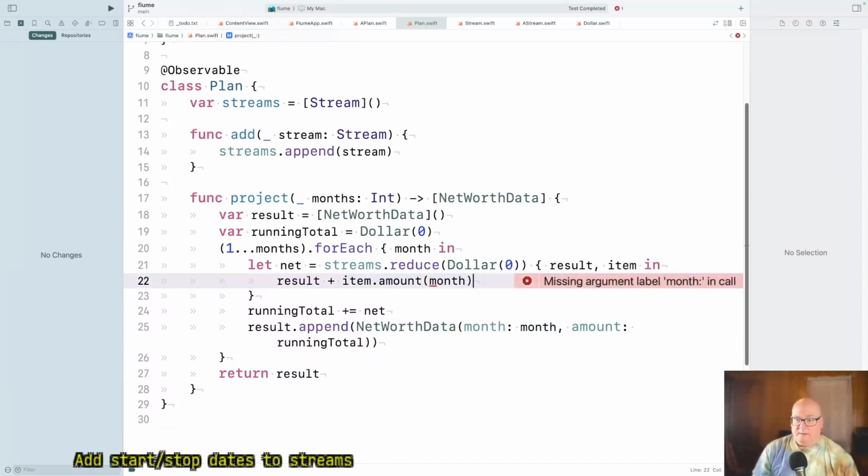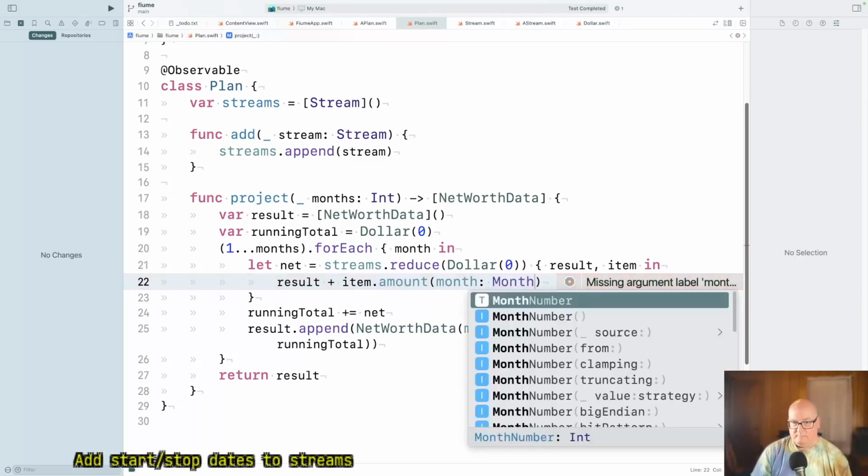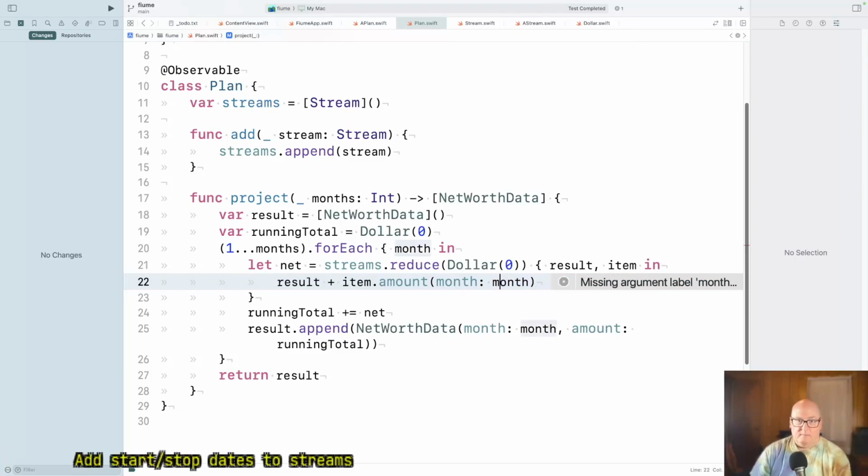So amount in month. Okay. Well, amount in month. And then, so I think we're asking each thing, what do you want to contribute this month? Not what do you contribute the months you're really operating.